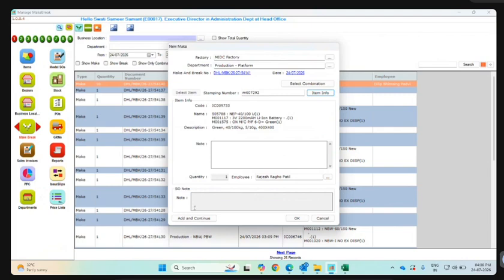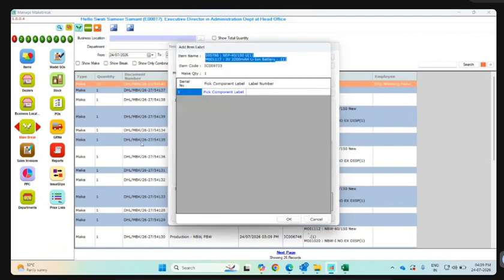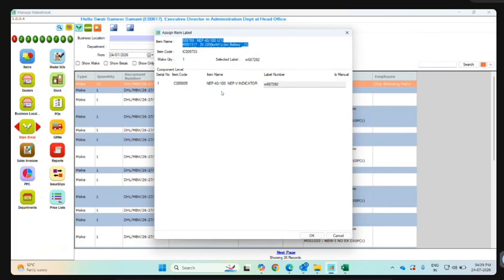हाँ, तो अगर मैं एड एंड कंटिन्यू बोलती हूँ इसको तो फिर से ये न्यू मेक पर ही आ जाएगा। तो फिर ये पहला तो ये मेक कर देगा और ये जो M607292 नाम का स्टैंपिंग नंबर का कॉम्बिनेशन है IC009733, ये हमारे प्रोडक्शन में मेक हो जाएगा एक क्वांटिटी से। इसको मैं ओके कर देती हूँ पहले, तो ये बोलेगा हमको कि पिक कंपोनेंट लेबल।